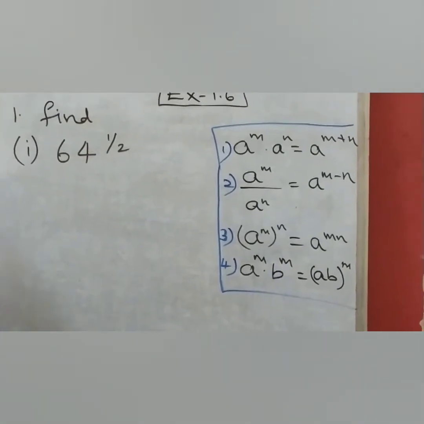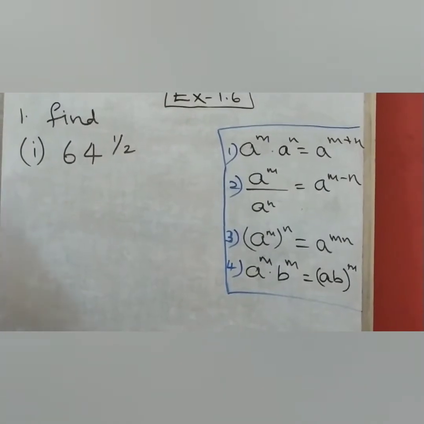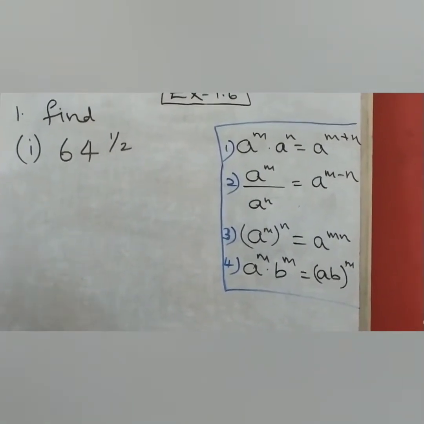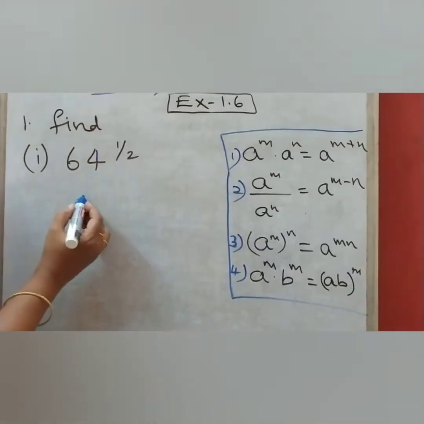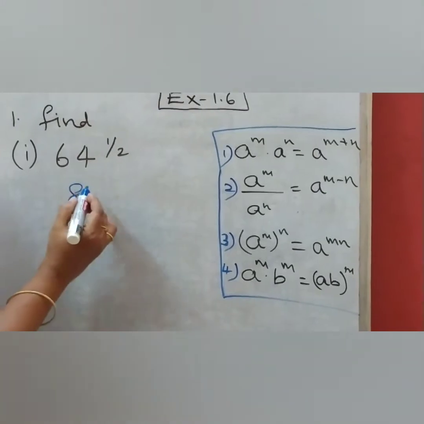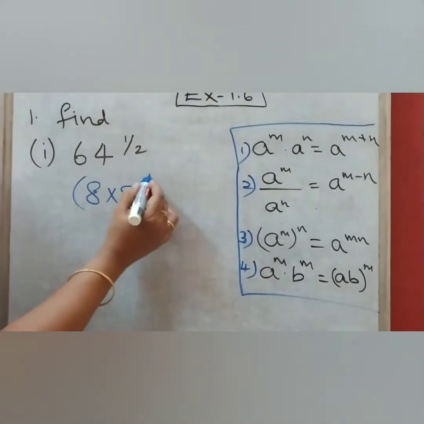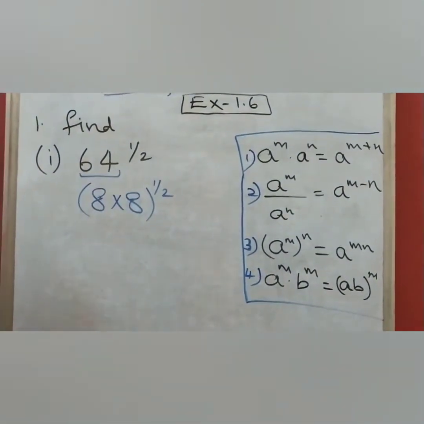It says 64 power half. Let us try to write in a simpler manner, children. When you hear about 64, what flashes to your head? Obviously 8 8s are 64. So 64 is nothing but 8 8s are 64. I'm going to put a bracket because it is two numbers. 64 is 8 8s are 64, power half.